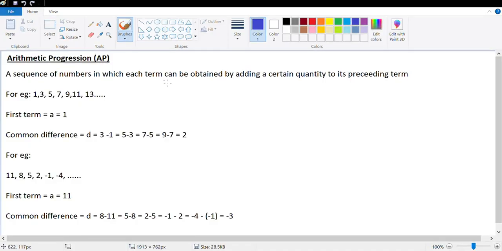Hi guys, let's look at the next chapter, that's arithmetic progression. So let's go ahead and look at the basic concept in this chapter. What's an AP, which is arithmetic progression? It's basically a sequence of numbers in which each term can be obtained by adding a certain quantity to its